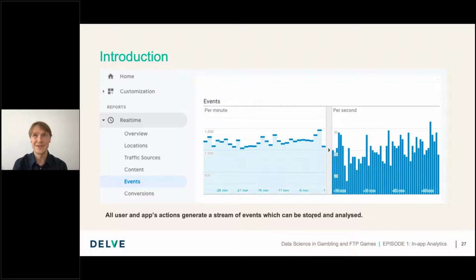When we speak of features, we need to introduce first what are features, what is feature engineering, because usually what everybody of us analysts observes are events. This is an example of events from Firebase, from Google Analytics.